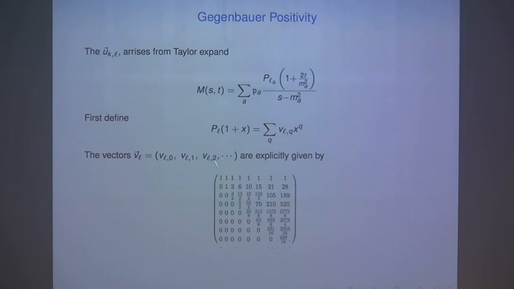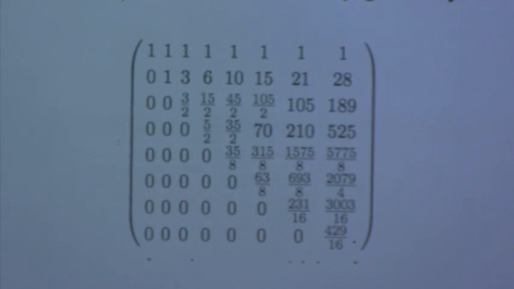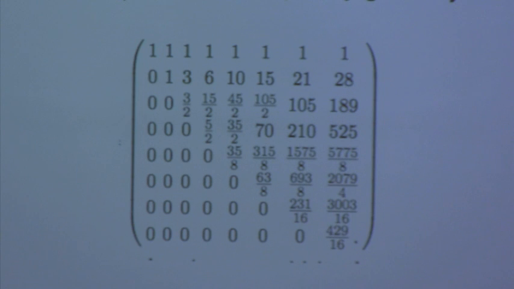So this would be spin 0, then spin 1, spin 2, spin 3, and so on and so forth. These are just numerics. You can just put it in Mathematica and expand it. And of course, the first thing you'll notice is that all of these numbers are positive. That is just a reflection that the derivative of the Legendre polynomial is always positive when you evaluate it at 1.